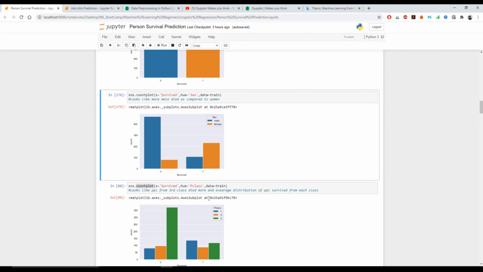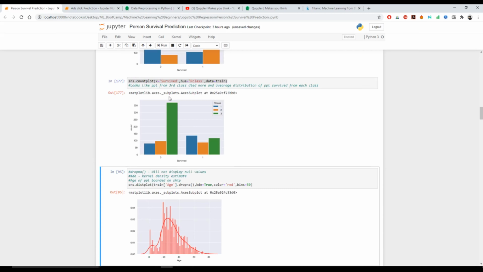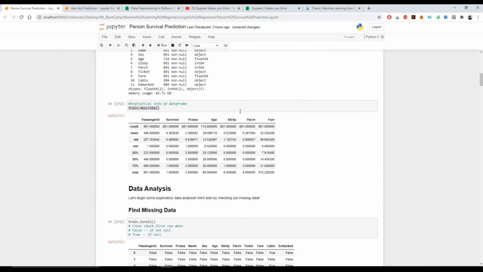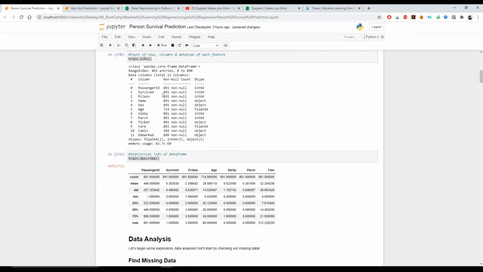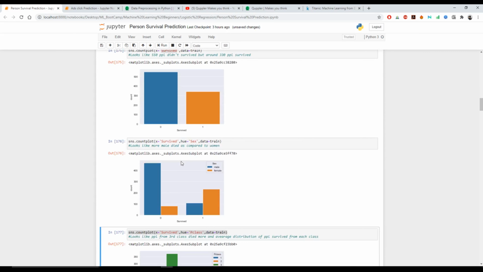Now we're going to move ahead and see survival based on the classes.